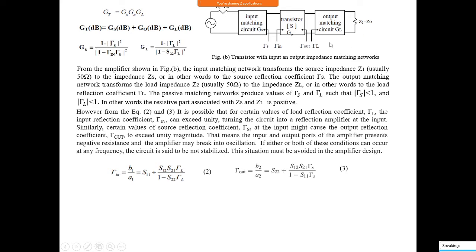That's why, looking towards the load, the impedance must be different. That should be some ZL value, and that ZL gives the required gain. That's why we are using this. Matching network means it transforms the impedance. If it is 50 ohm but you do not want 50 ohm, we have to use a matching network. Using a matching network, we can change the impedance looking towards the load.